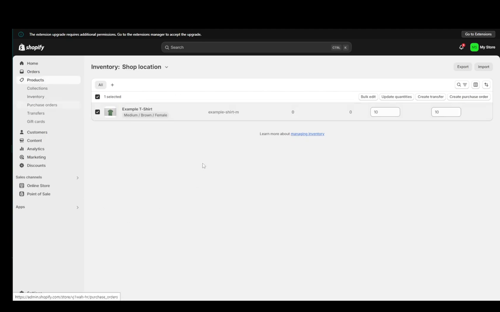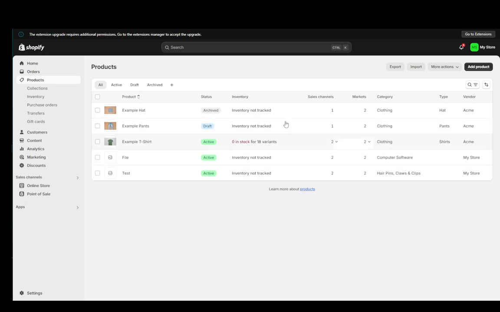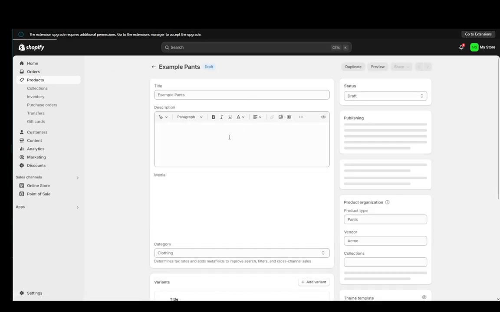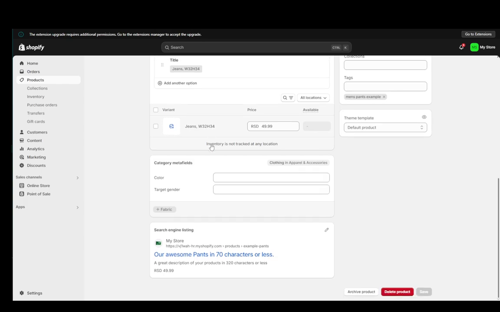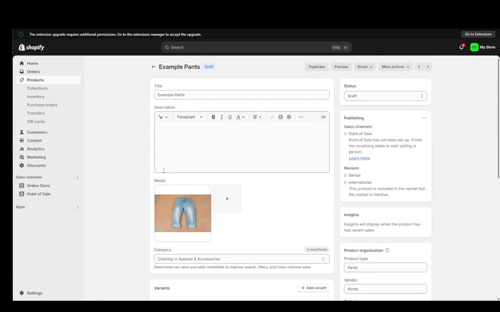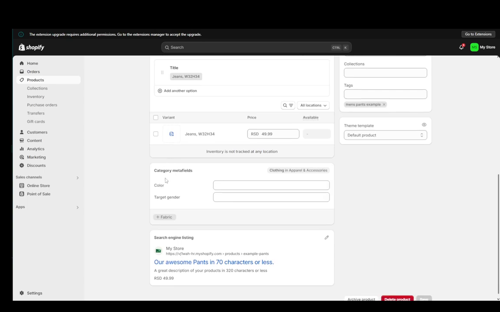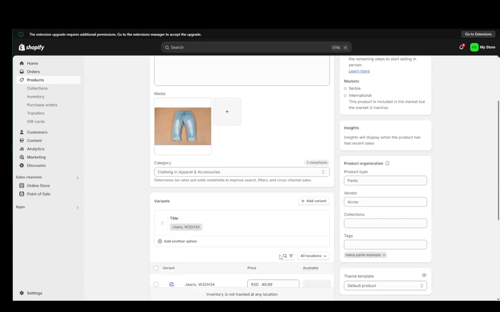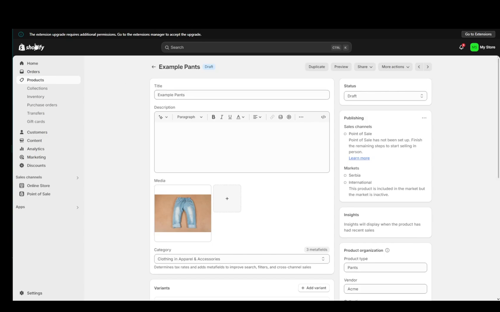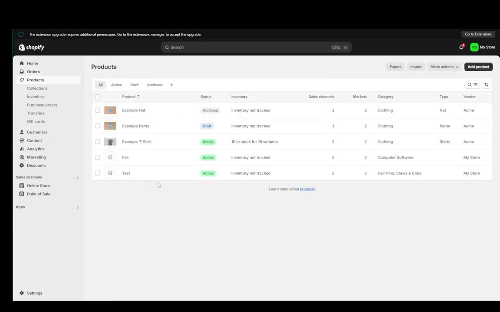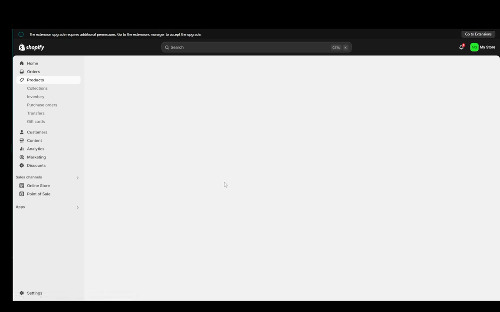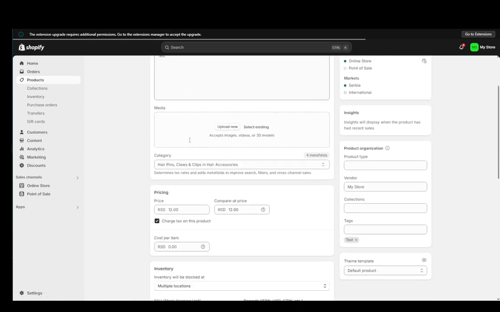The other thing you can do is go directly into products and locate the product that you want. So for example, I'll go for these pants, and as you can see, the inventory wasn't tracked for this, so we'll go down and we'll click on track inventory for this product if I can just find it. So for some reason I cannot find it, so let me go back and select a different product since there should be one. Now this test product is a physical product, so I can go there, and if we go